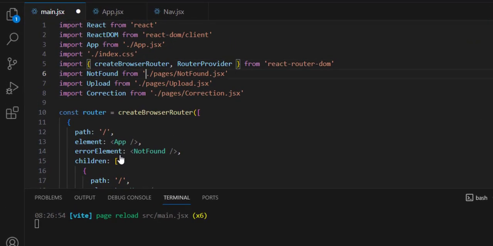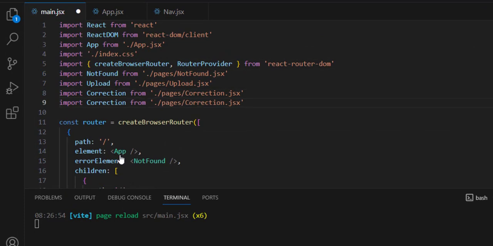So for that reason, I will need to bring in the home component right here. So let me do home, and also this should be home.jsx. So let me save that, and then if you check it out,